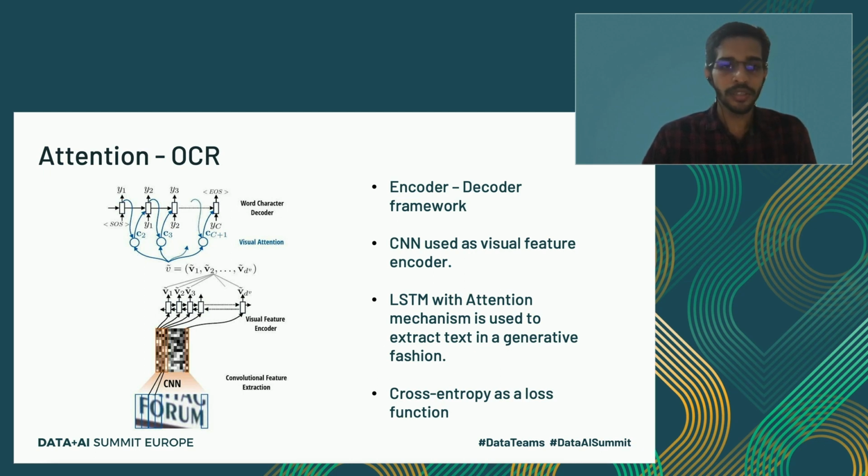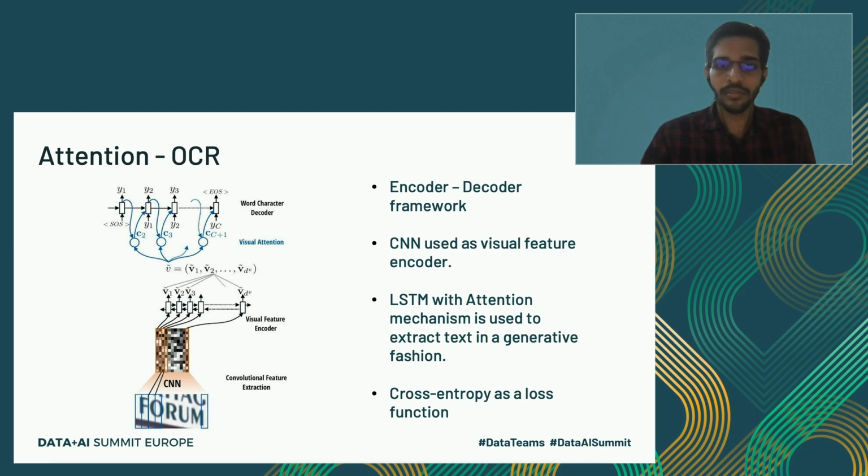The intuition here is, let's say we are trying to extract the letter F. The image contains the word forum, and we are extracting the letter F. The focus should be mainly on the letter F, so we need not focus on the entire image. The attention mechanism takes care of that, and the weightage while extracting F would be given more near the region where F is present. Similarly for the other characters.